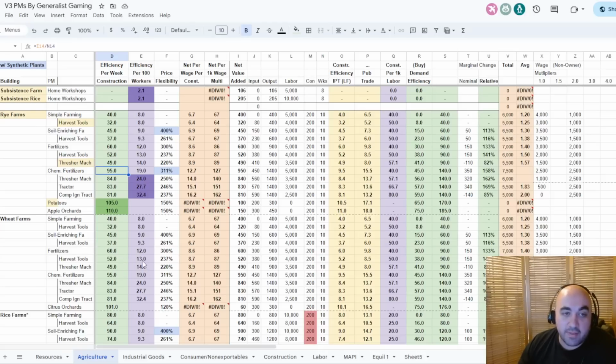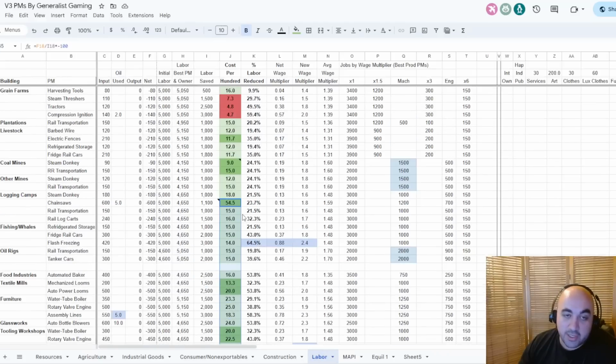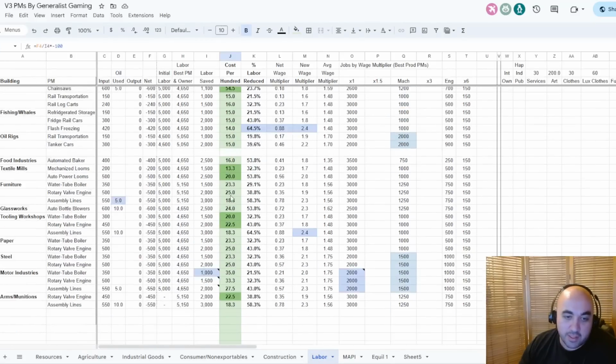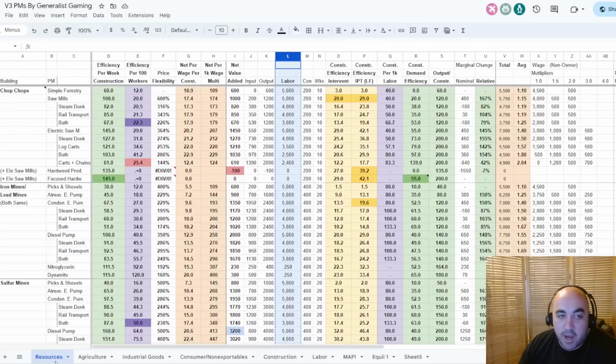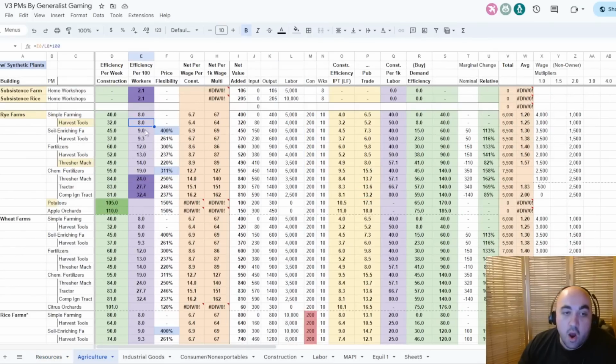But on the flip side of this, the labor-saving PMs, Harvesting Tools was nerfed. Harvesting Tools was one of the best labor-saving PMs. Now it's really not so great anymore. It used to be the only one, I think, under 10, and now it's 16, so Harvesting Tools is now not very good. But coming back in, all the other PMs are disgustingly efficient for labor saving, and now we